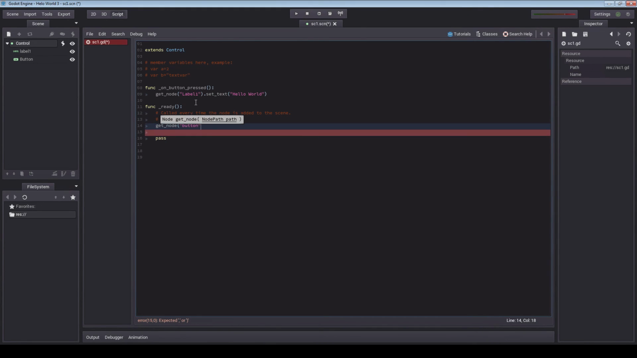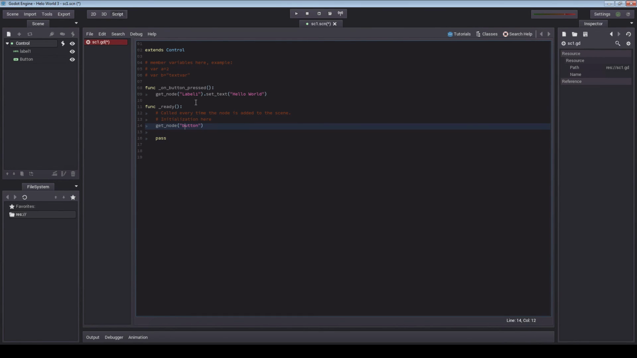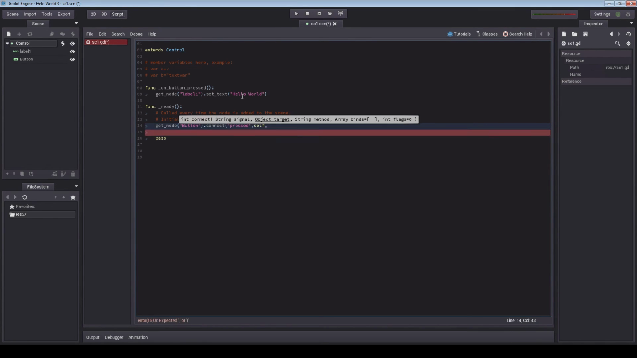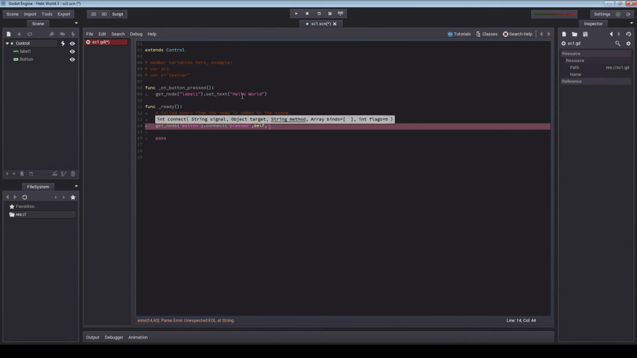Alright. Actually, this might be case sensitive, so we're going to do that correctly. Yeah, it is case sensitive. Okay. So button, and we're going to connect it. Whenever it is pressed, so that's the signal, we are going to call the function that we just created above, which is on button